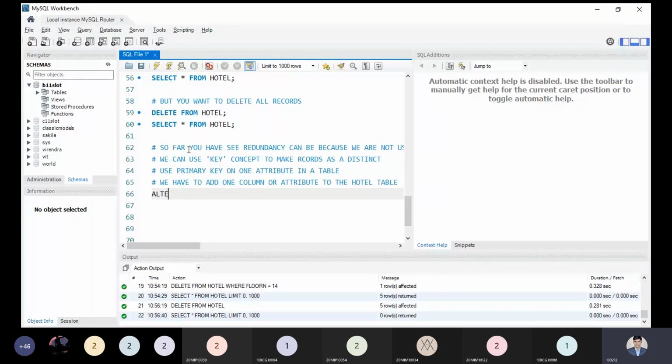Let us modify the table. Alter table. Can anyone tell me what is the syntax by which we can add one more column to our existing table? Alter table name, then add, then column name, data type.